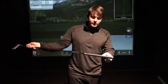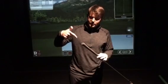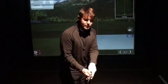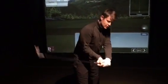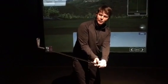Or you can do something like add lead tape underneath the grip. You could put lead tape up here. There's even a company, I think it's called Tourlock, where they drill a hole in your grip and slide a weight down the shaft to allow you to add weight up here so that the club head feels much lighter. There have been a lot of players over the years, Jack Nicklaus, Sergio Garcia, a lot of players on tour who back-weighted their clubs, put weight back here. I don't know if they knew why or how it helped, but what I found